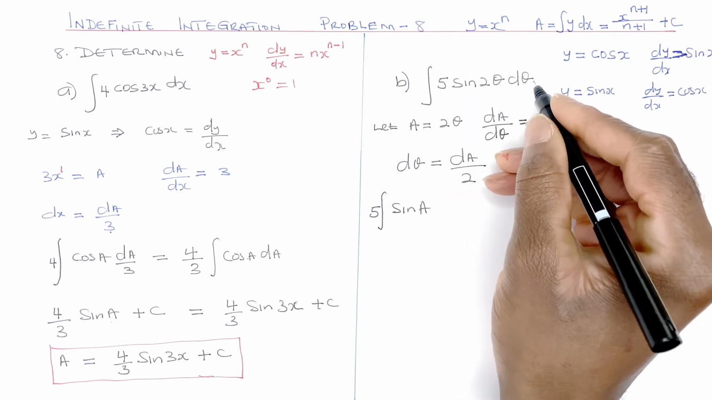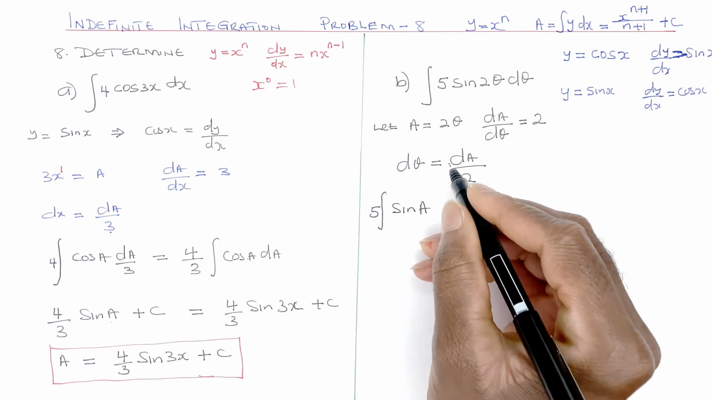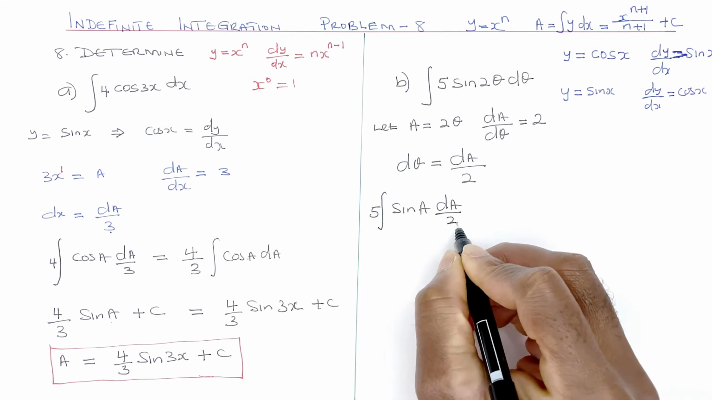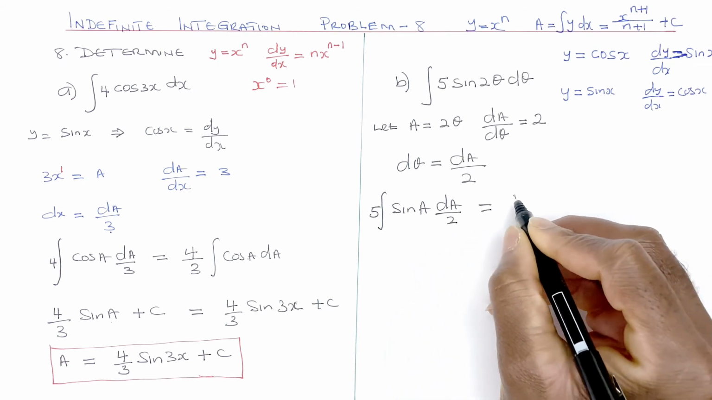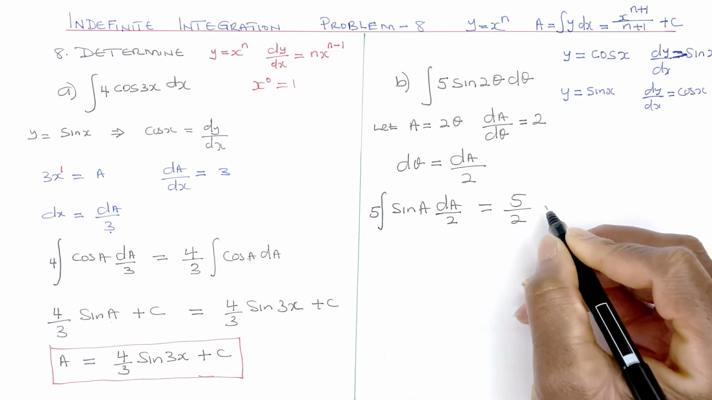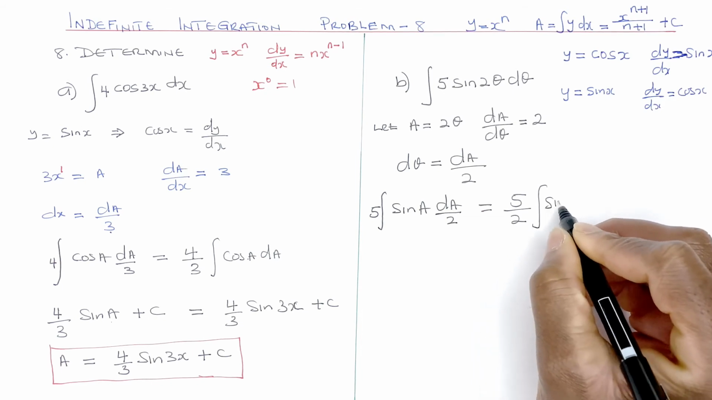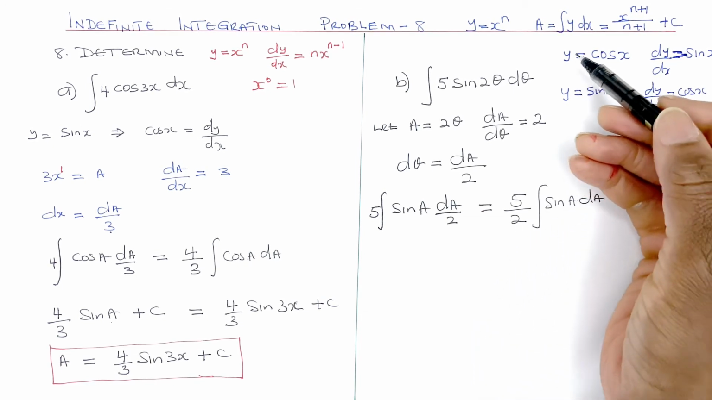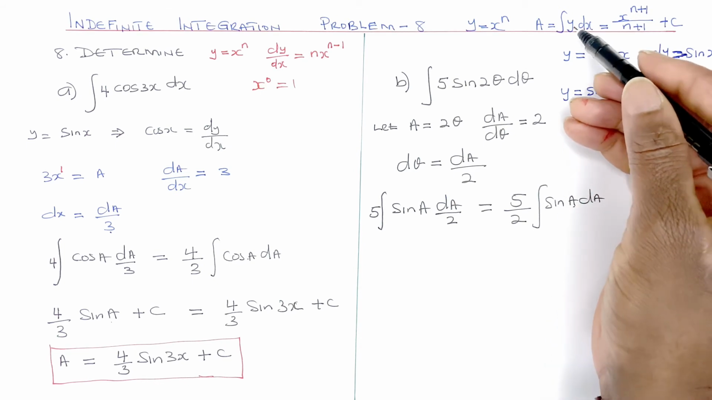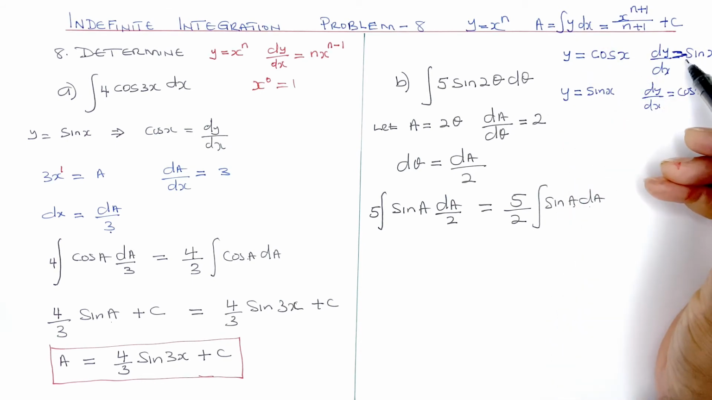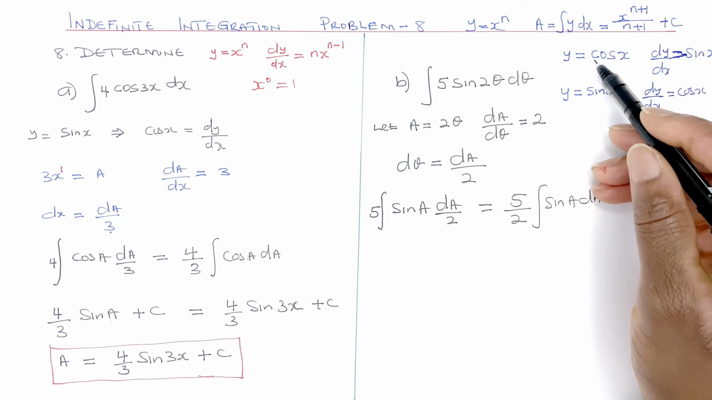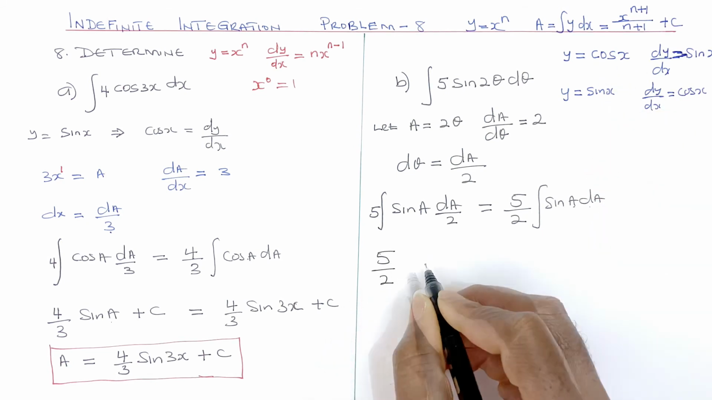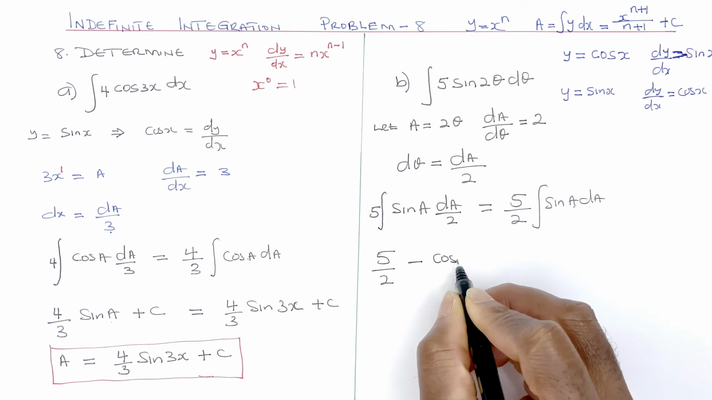But I don't want the d theta, I want to write the d theta in terms of da. So I get da over 2. And that can be written as 5 over 2 integral of sine a da. So that looks exactly like that. The sine a is y, and you've got da. If you integrate sine, you get minus cos. So in this case, you get 5 over 2 minus cos a